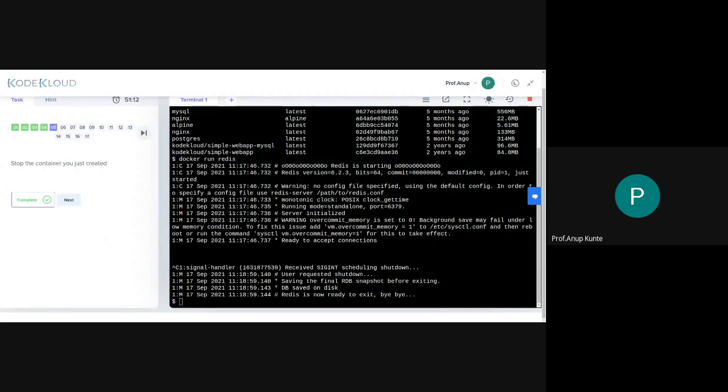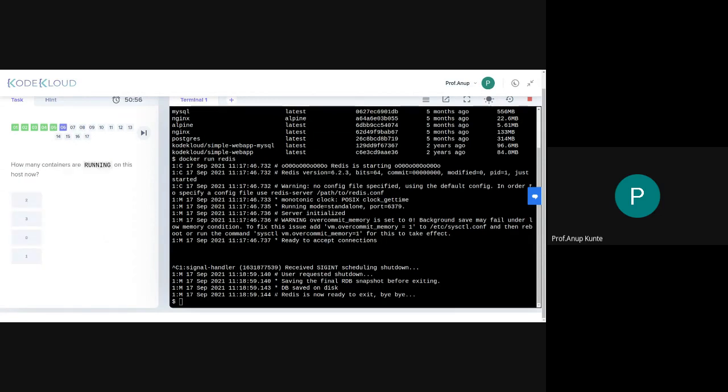So what is a container in general, as far as the host machine is concerned? It's just another process which is the parent for many other sub processes that it is running in a containerized fashion. So that is what we have learned through this particular step in the exercise.